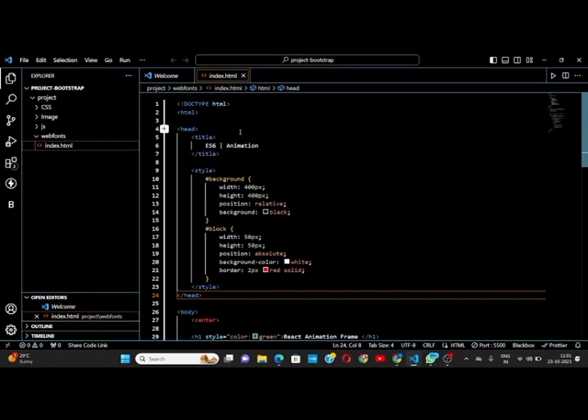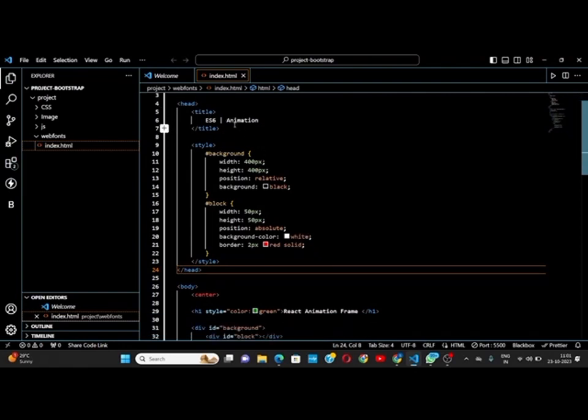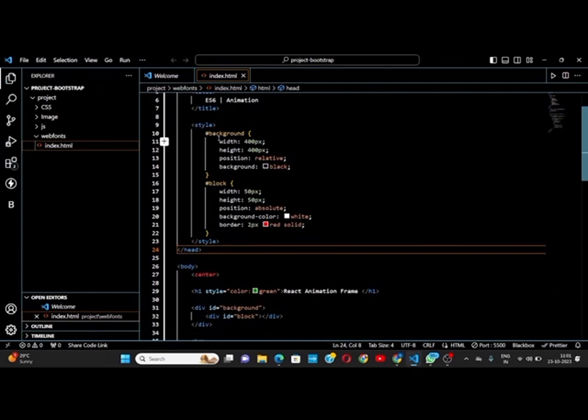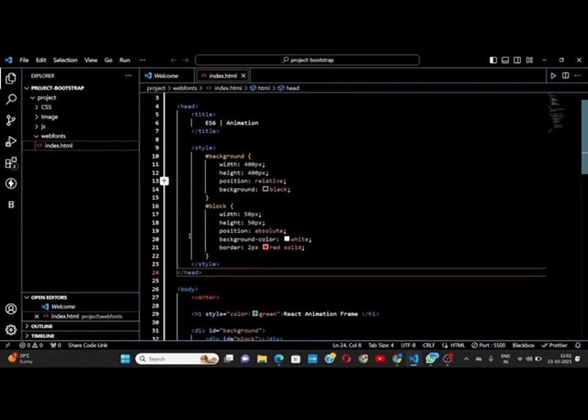Okay, this is the HTML code including CSS and JavaScript. This is the boilerplate code. Here I gave the title ES6 animations, and I have set the internal CSS. There are basically three types of CSS: internal, inline, and external CSS. Whenever we set the CSS inside the head tag, it is the internal CSS,